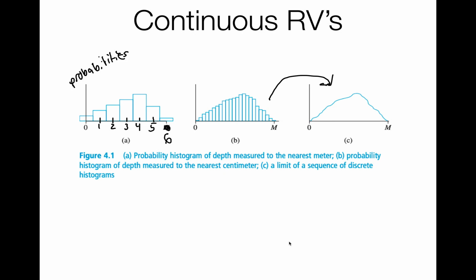We can approximate these bars with a continuous curve. And so that's what we're sort of doing here. And so instead of having points like we did with discrete variables, we now have a curve. Okay, so it may be a nice curve, it may be not a nice curve, but we have a curve, and then that is going to represent probability for us. And we'll see how that works in just a second.